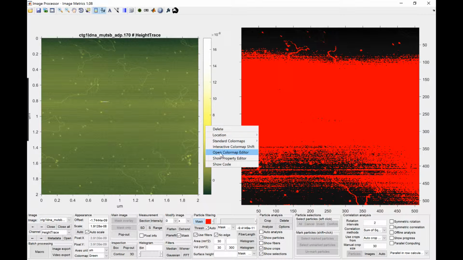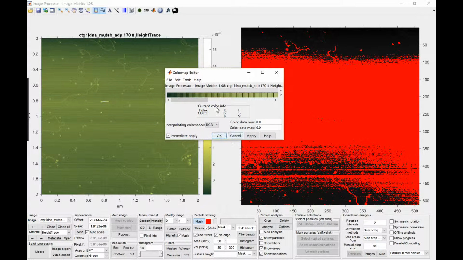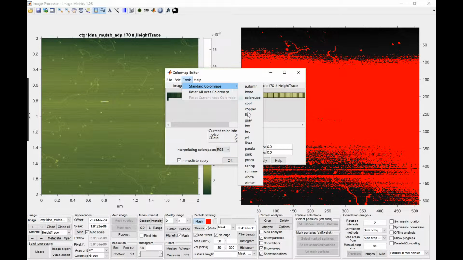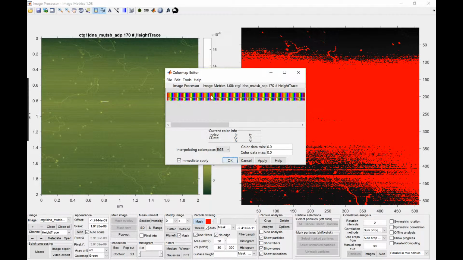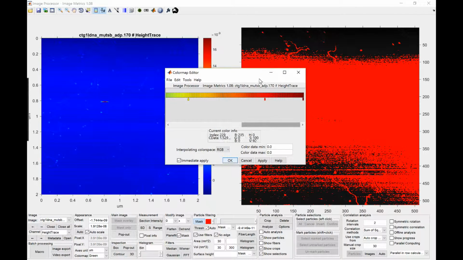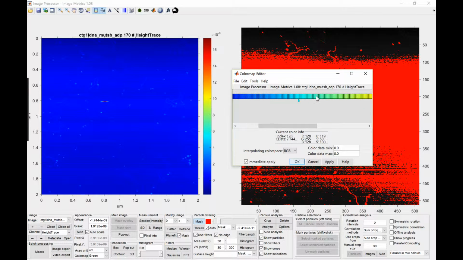You can also use the color map editor, which gives you more flexibility in how you determine each color scale. This is basically the same thing. You can choose a standard color map. For example, I can choose prism. Oh, this is not really good. So I can choose jet. Now the color bar that you see here corresponds to the same color bar that's on the image, and you can define the colors on specific